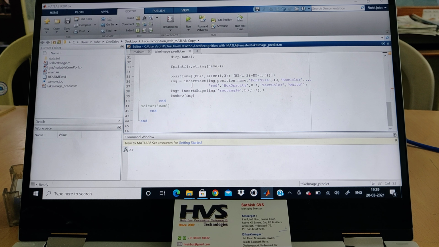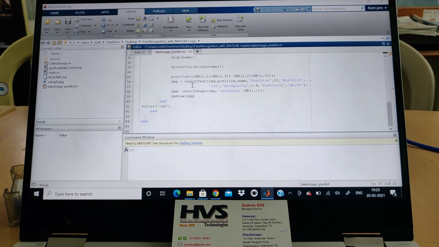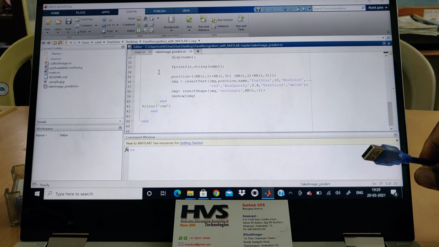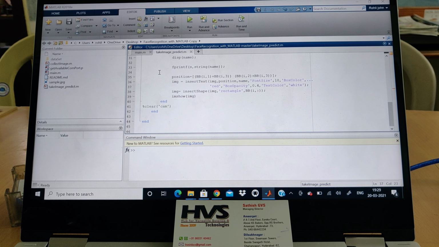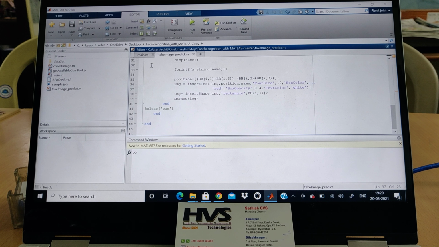Welcome to the project demonstration of face recognition based new generation ATM system for transactions using GSM. Here, before connecting the kit, this is the Arduino Uno board kit connected to the laptop. We need to install Arduino Uno software studio in the laptop and then open the code.